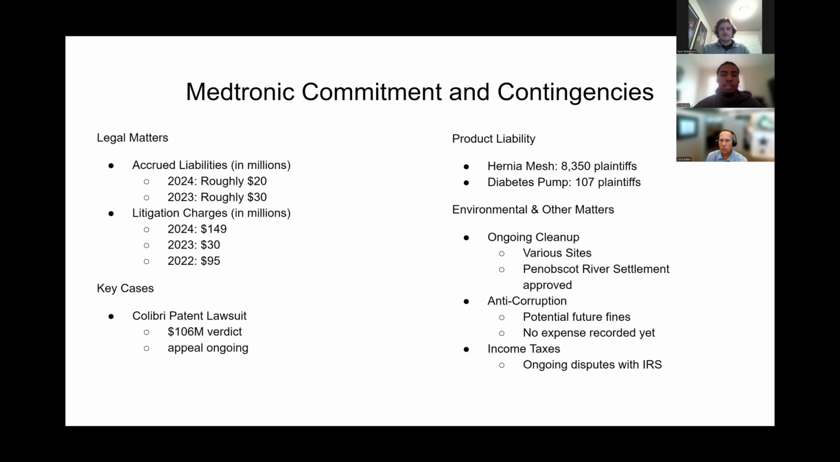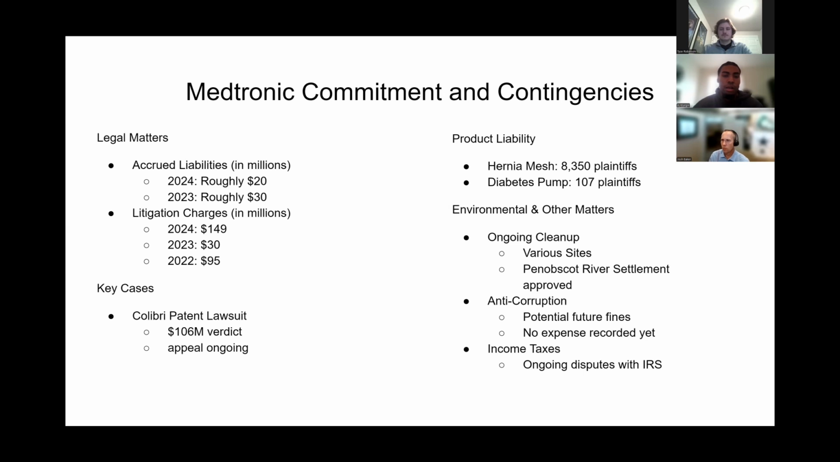For commitments and contingencies, Medtronic showed a few trends. Accrued liabilities from legal matters have decreased. There's a substantial rise in litigation charges, specifically due to the $106 million Colibri patent lawsuit that is currently under appeal. Also, the company faces a high volume of product liability cases. You have roughly 8,000 plaintiffs related to hernia mesh and 107 related to diabetes pumps, and this indicates considerable